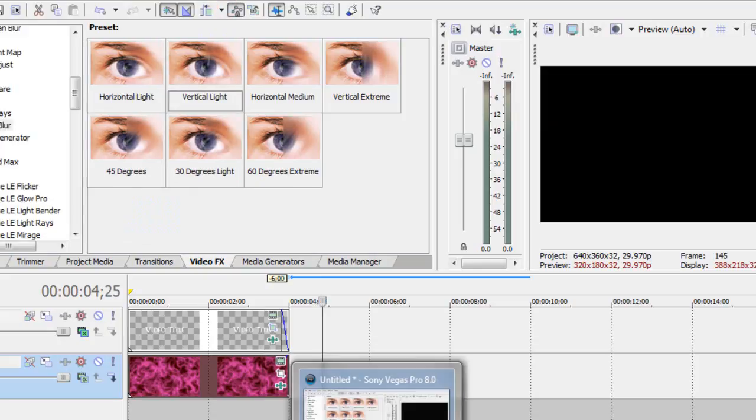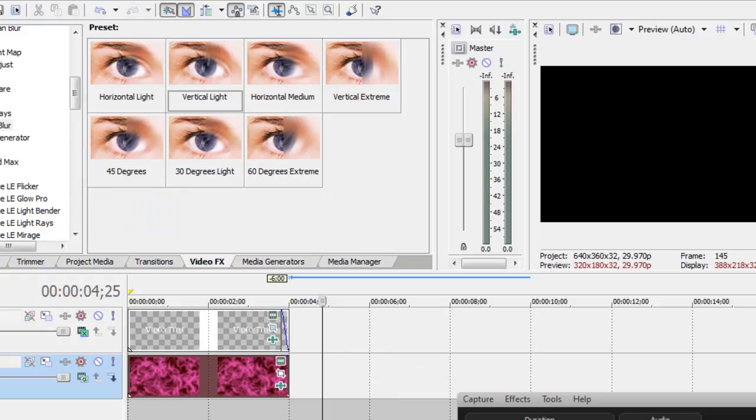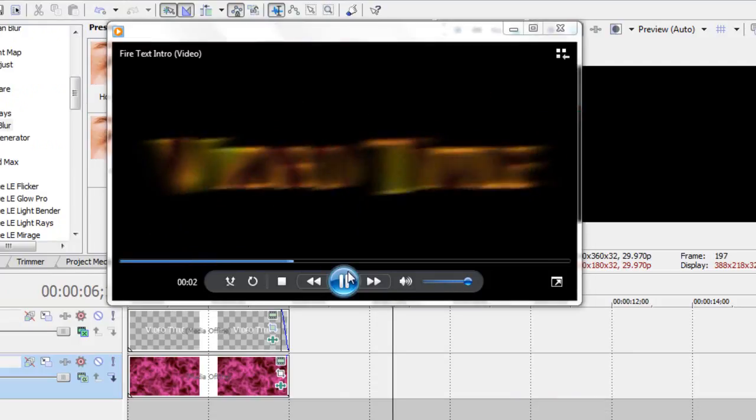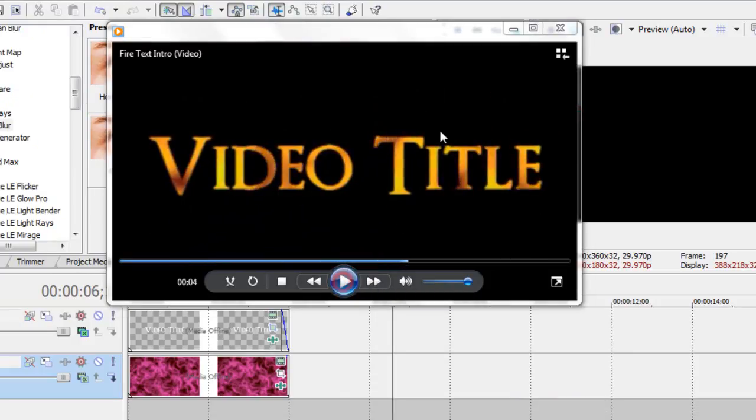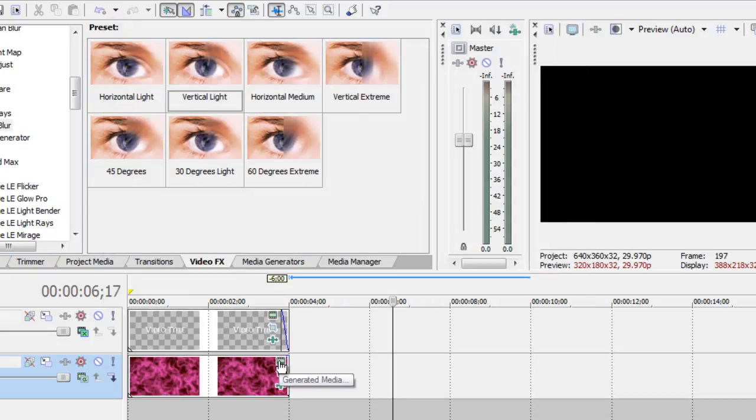If you also noticed in the original, you can see the fire inside the text move. So what you're going to do is go to generated media,